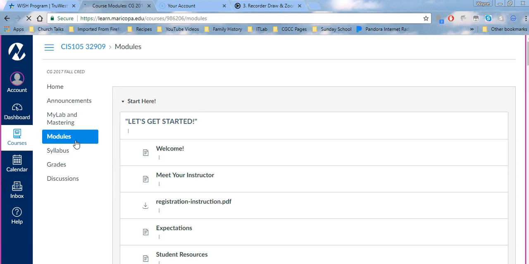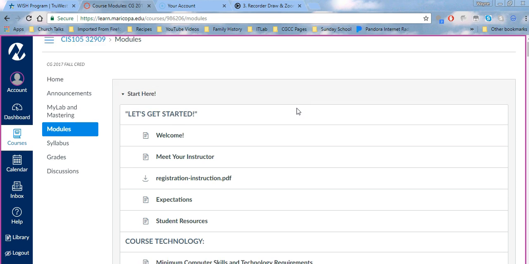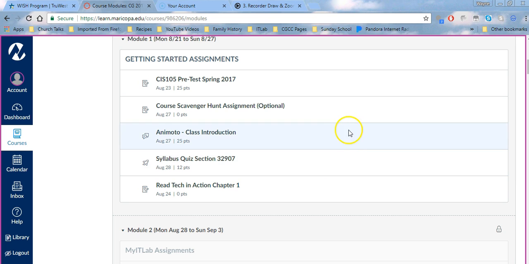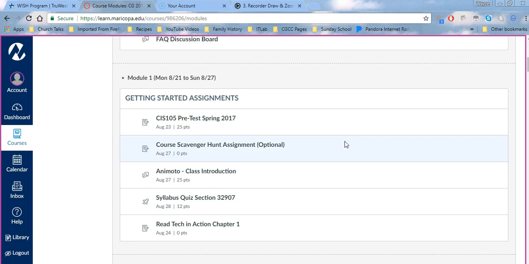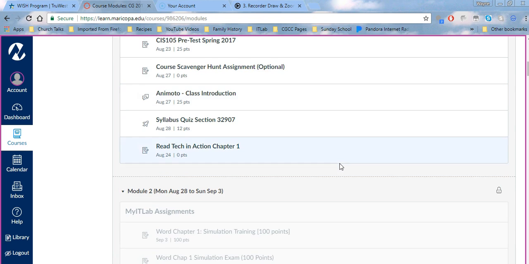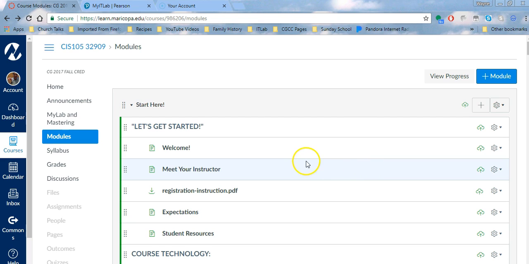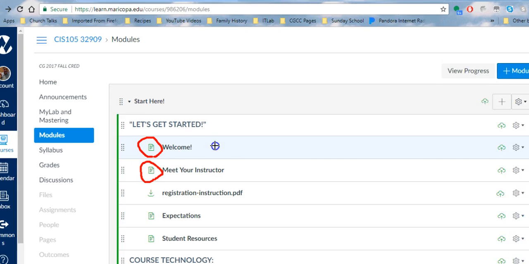You can also select the modules, and that will take you to all the assignments and the information or materials that you'll need to complete the work for that week. Each module is assigned to a calendar week in the semester, so there are 15 modules, and then we have the final exam. There are a few more things that I'd like to explain about the modules link. If you look next to each one of these topics, there's this little icon. In this case, these icons that look like pages indicate that if you click on that link, you'll be redirected to a new page. If I zoom in on that,